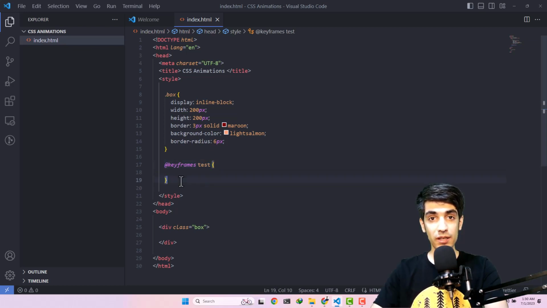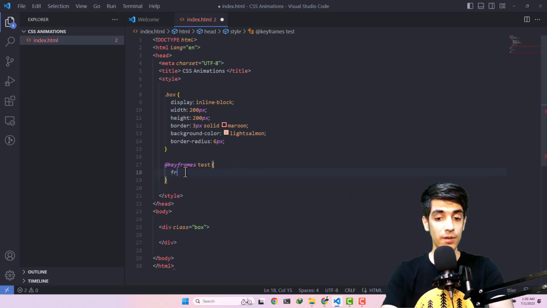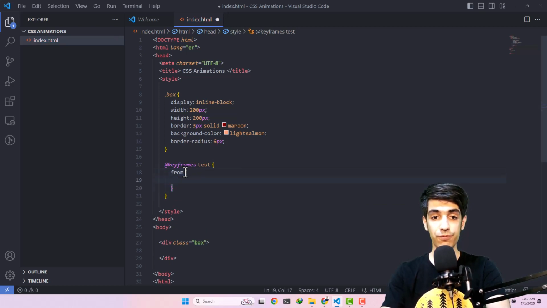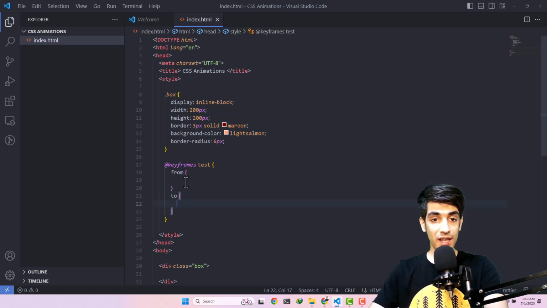Well, in CSS Animations, we are basically trying to change the state of an element from something to something else. For example, from color red to color blue, from background color yellow to background color green, things like that. So inside our keyframes, we have two sections, a from section and a to section. And inside these from and to sections, we just